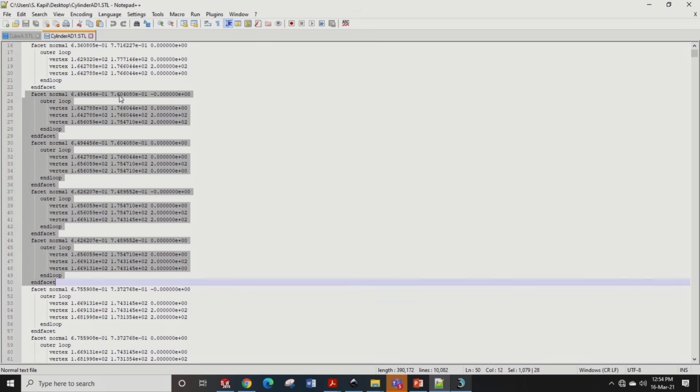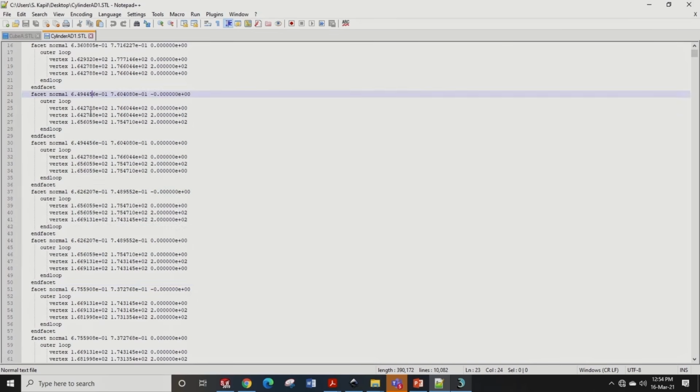As the facet normal is not 0, 0, 1 or 0, 0, minus 1, definitely these are not the facet normals on the top or bottom surface. They are definitely on the periphery. Here you can see that the facet normal of this triangle and the facet normal of this triangle are exactly the same. That means they correspond to one triangle on the top surface on the periphery.